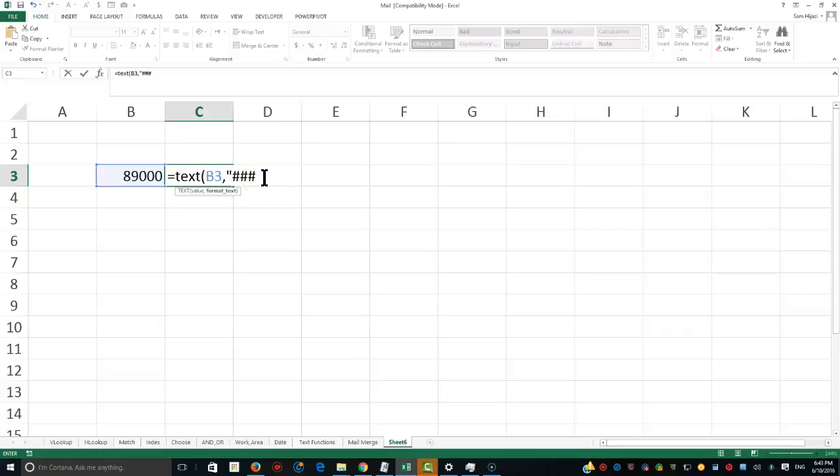Hello, we're going to continue to use some of the functions associated with text. I'm about to show you how to do the text function like we used in the previous videos, by formatting this value as a dollar sign. So you start with the function name TEXT, you open a parenthesis, then you refer to the cell address, then